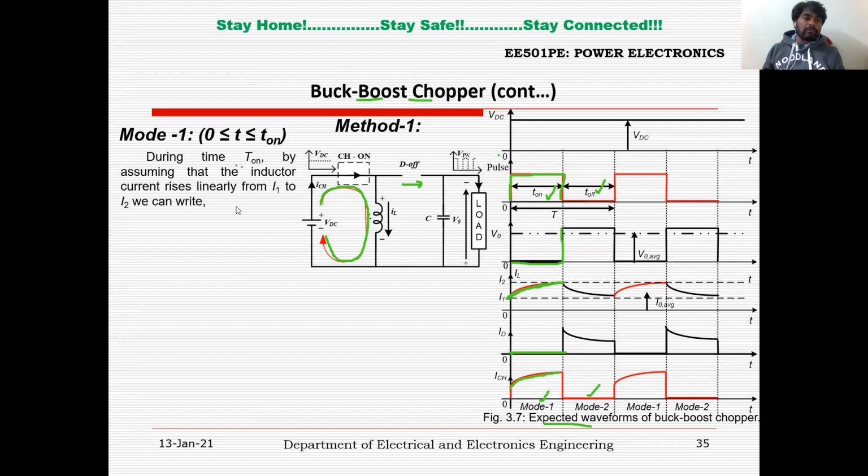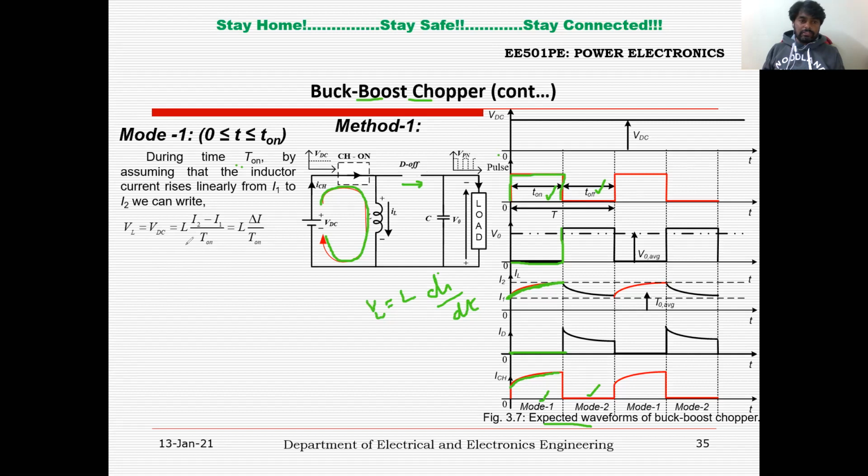right? So now you can see the same thing here, and the voltage across the inductor, we all know, is L into di by dt, right? This is the voltage across the inductor, right? So you can see even if you apply KVL in this loop, the inductor is coming in parallel with the battery. There is no drop across the thyristor, because we assume that the thyristor, chopper and the diode are ideal. There is no drop across them, right? So VL equals VDC.